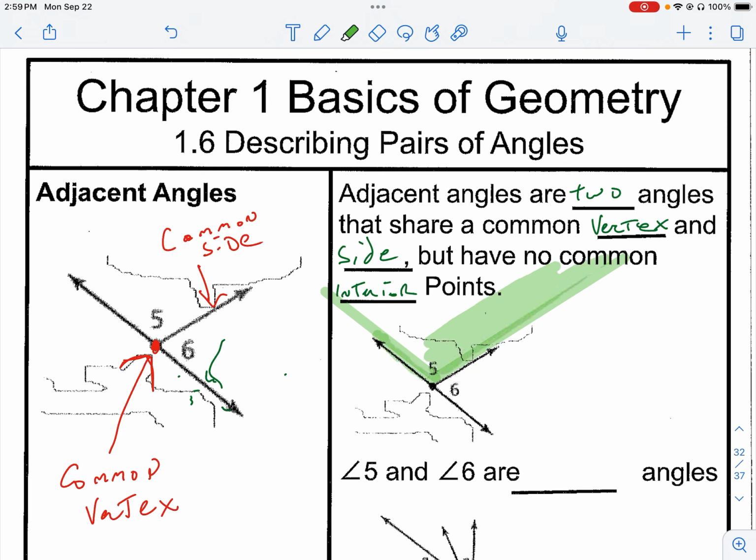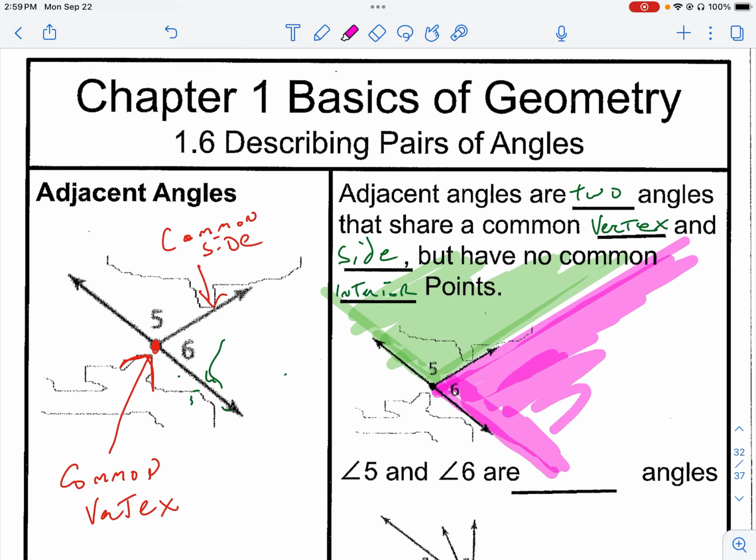So we'll do angle 5 in green. And if I can stay within the lines, we will see that I can stretch these out forever, but the green and pink will never mix. So we can say that angle 5 and angle 6 are adjacent angles,